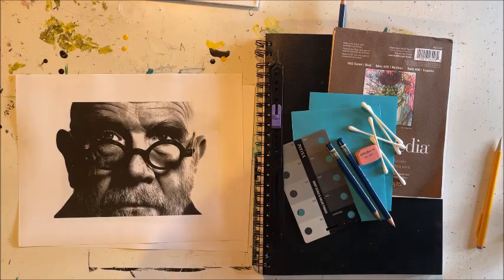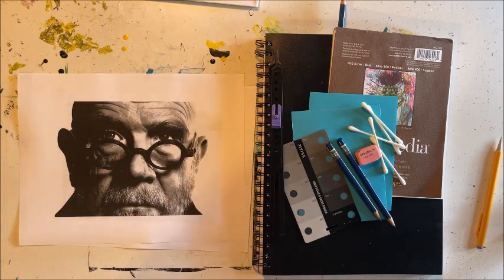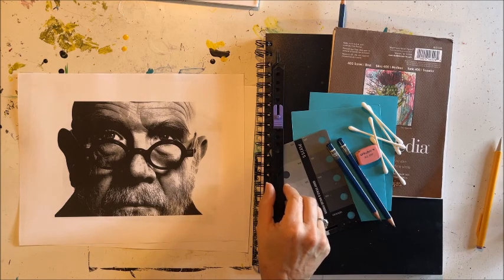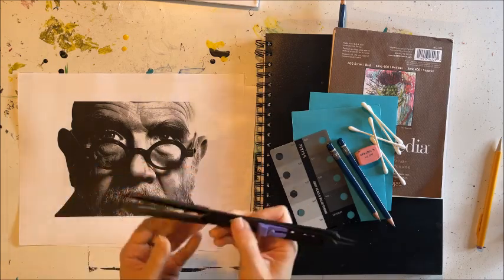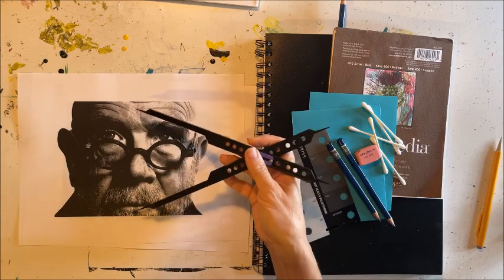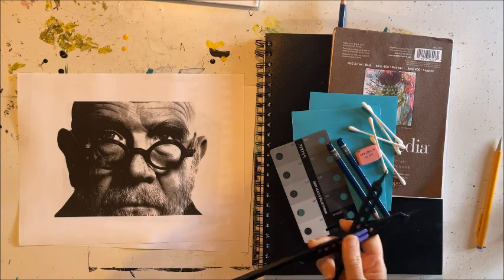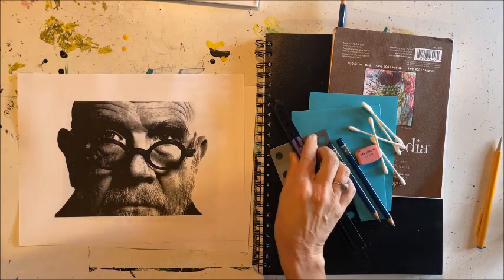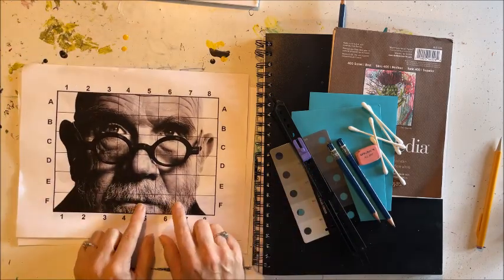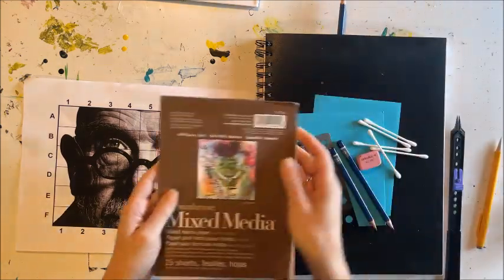To begin with, what we need to do is have a grid that is drawn on top of our original reference image. Now, all we would need to do in order to make that happen is to use our proportion divider and make our grid by dividing the side and the tops into a grid. I know you know how to do that, and in the interest of saving time, I have already done that for you. Now we need to take our mixed media paper,